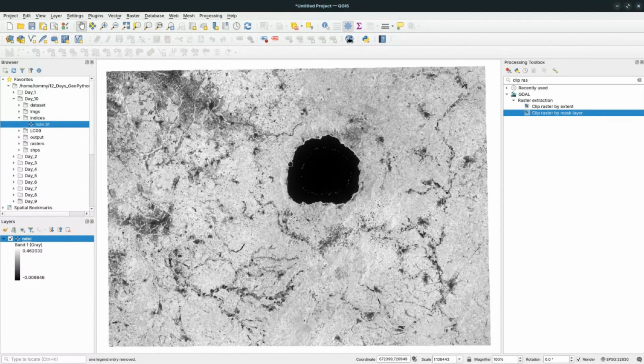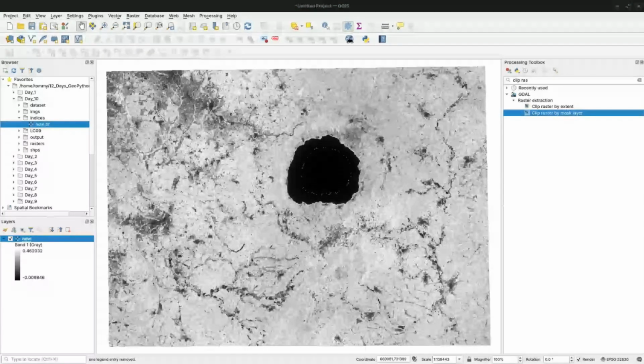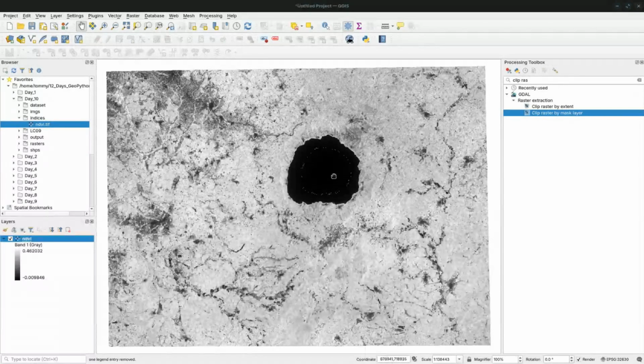Usually for these spectral indices, the places that have low values, maybe 0 and below, represent the places where the phenomenon you are looking for does not exist. So you can see here that the places that appear white have vegetation,